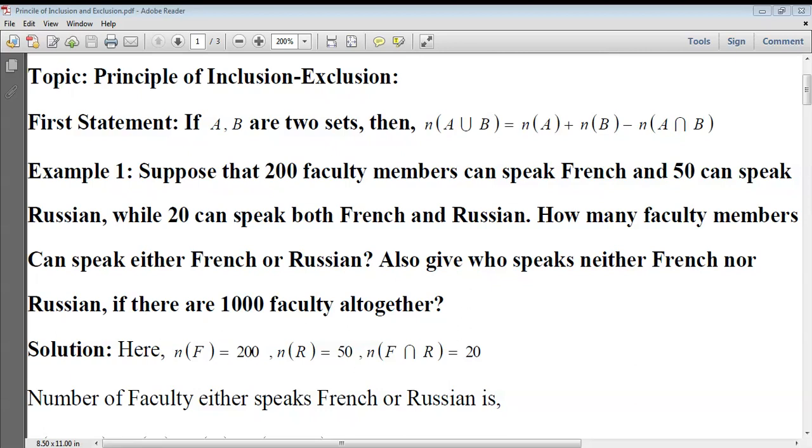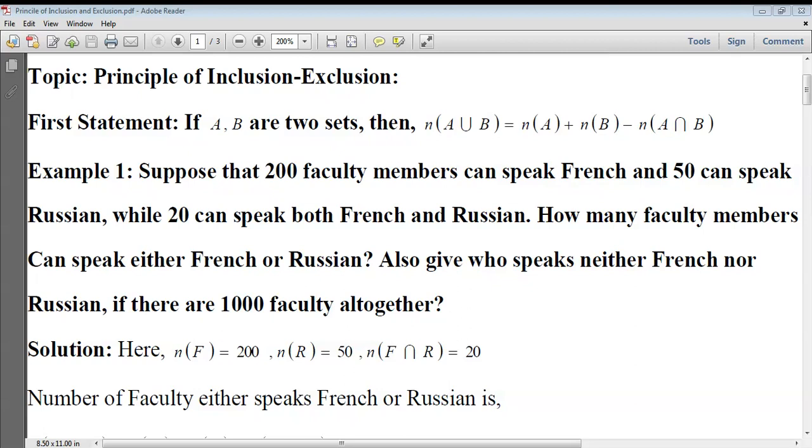Good morning, students. Today, let us see the topic principle of inclusion and exclusion. If A and B are two sets, then n of A union B is given by n of A plus n of B minus n of A intersection B, where n of